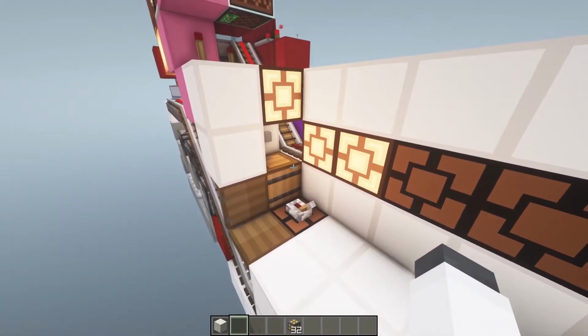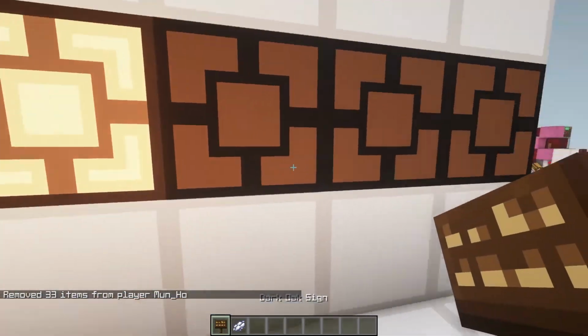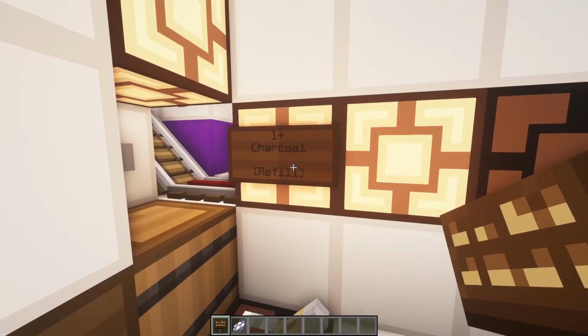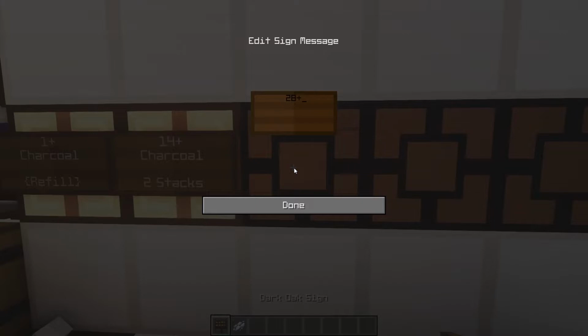Okay, so while this is cooking, it's taking a while. I'm just going to do the labeling for you, just to make it really easy to understand. So I'm just going to label the battery life here. First one is just more than one charcoal in here, and this one is recommended to be refilling, so when that's there, just refill it. And the second one is 14, and this takes 2 stacks of wood or charcoal. And next one is 28 charcoal,